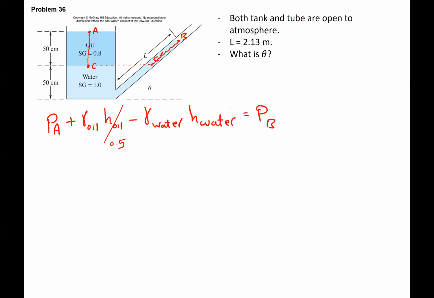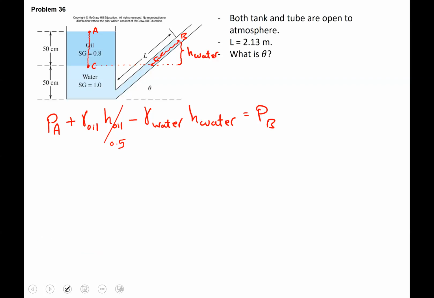So the point is finding H of water. How much is this H when we go from point C prime to point B? What's important is displacement in Z direction. So we are actually after this distance. This is H of water because this is displacement in Z direction when we go from point C prime to point B. To find this, what I do is